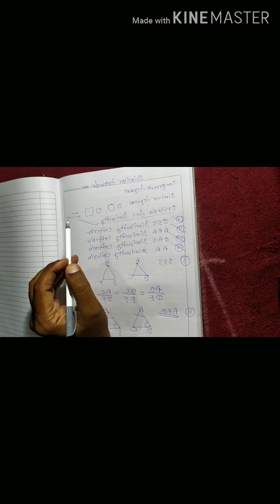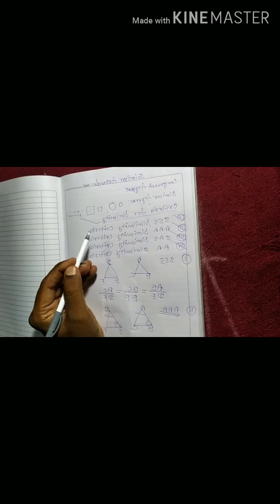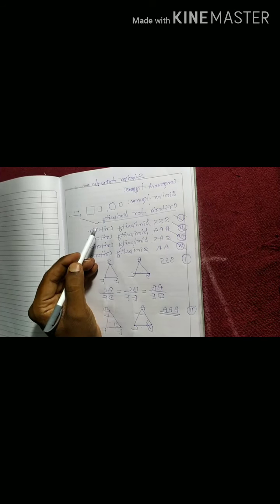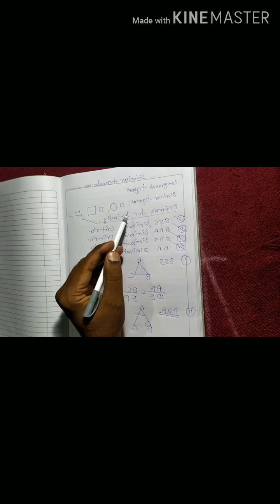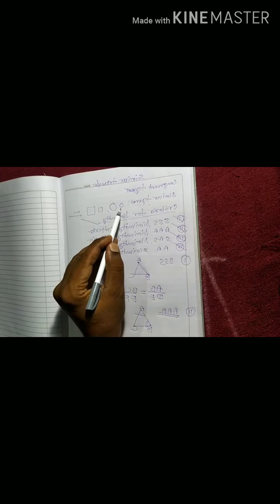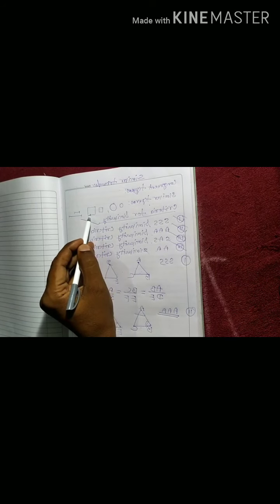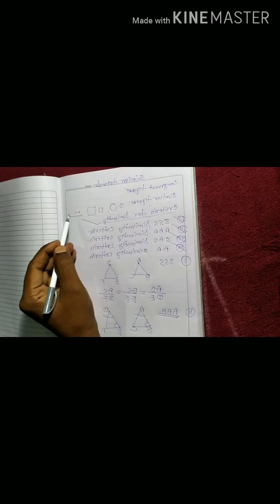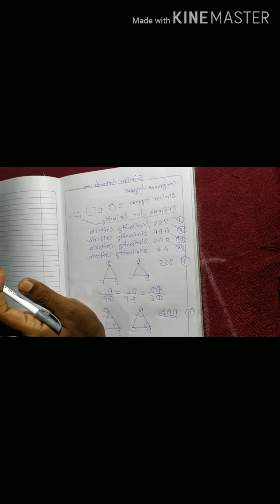Congruent figures are alike in every respect, but two geometric figures which have the same shape but different size are known as similar figures. For example, two circles are similar, two squares are similar, two line segments are similar.